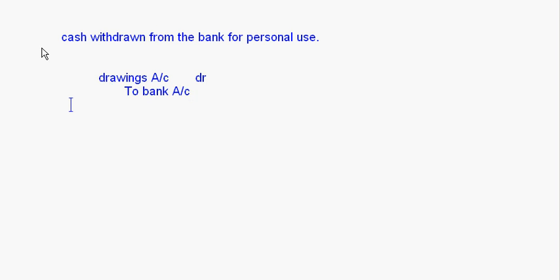If the question just says cash withdrawn for personal use, right, then you can put it as drawings account to cash account, but if it is being withdrawn from the bank, though, it will be drawings account to bank account, right? Now the next one,